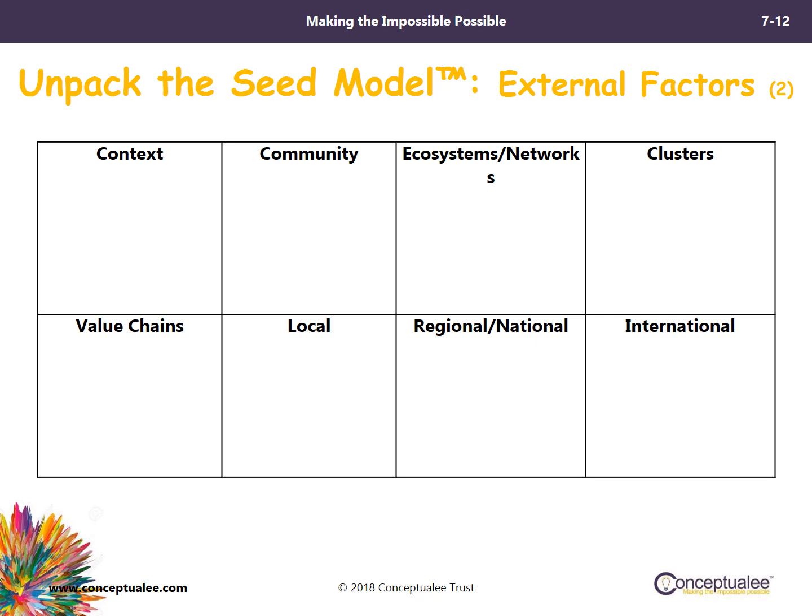There are certain advantages to having a large density of companies in a given type of industry or value chain. A value chain is a series of businesses and middlemen that make up the process view of the business model, including raw material producers all the way up to customers or end users. The last three categories, local, regional/national, and international, can be used to identify and document other external factors that do or may affect you at the local level, regional/national, and international or global levels.